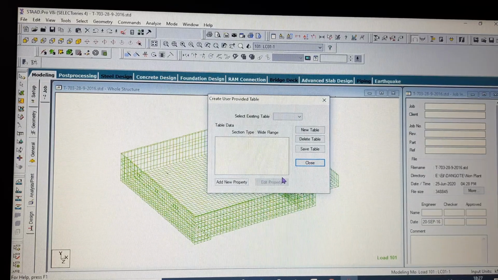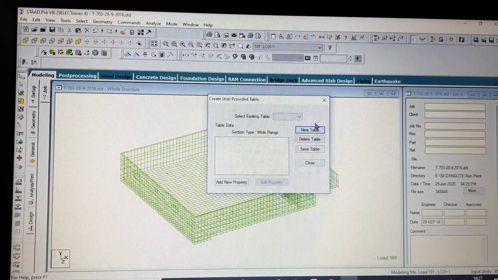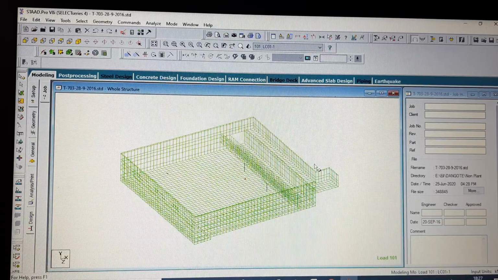Very often in our steel structure we need to have some customized sections, customized profile, so that thing can easily be done through this functionality. You can easily model anything according to your profile choice. So this is very much useful in that case.